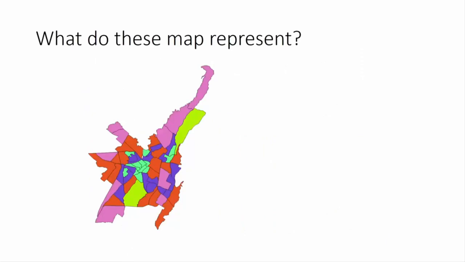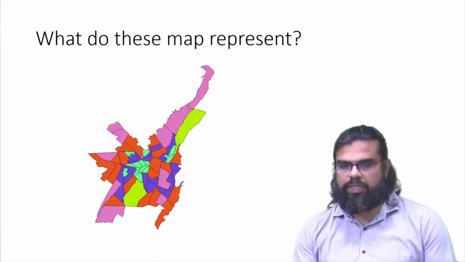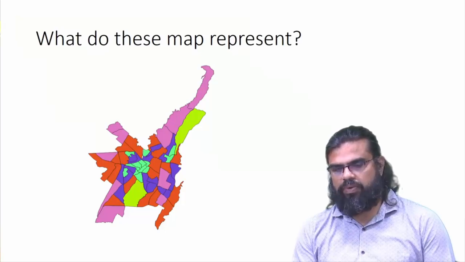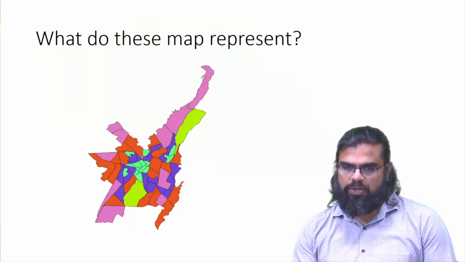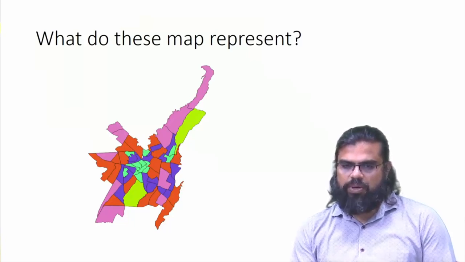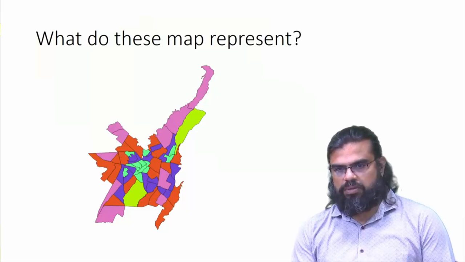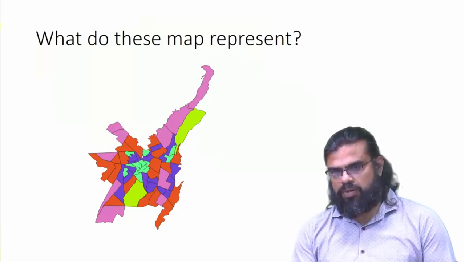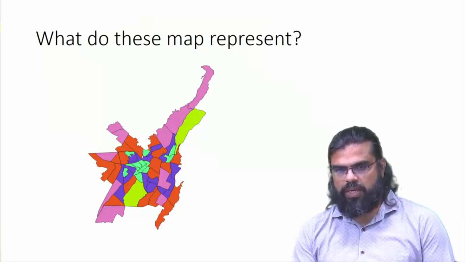So now let's move on to the important aspect of that. How do we represent the maps? Whenever we are talking about map representation, what do we mean by that? This is just an example of different wards of Dehradun city, where we can see that there are a lot of polygons,